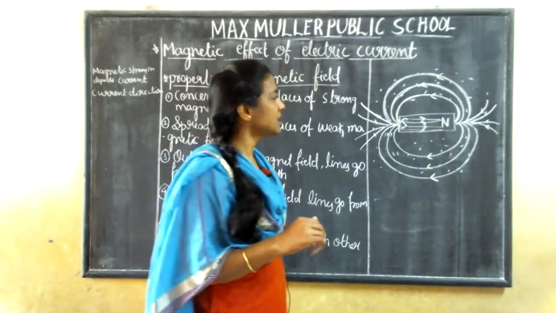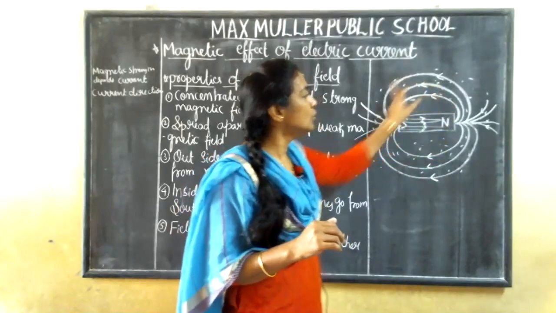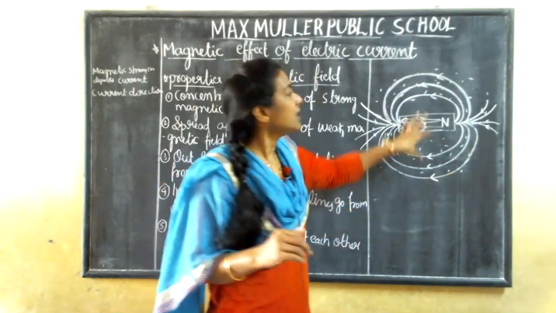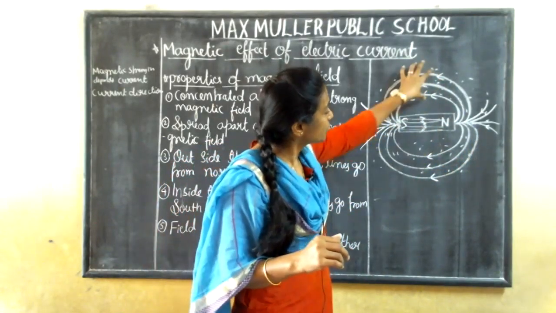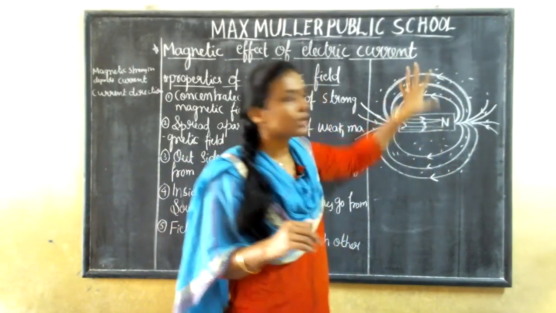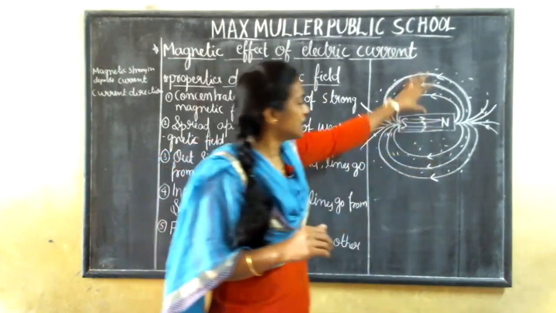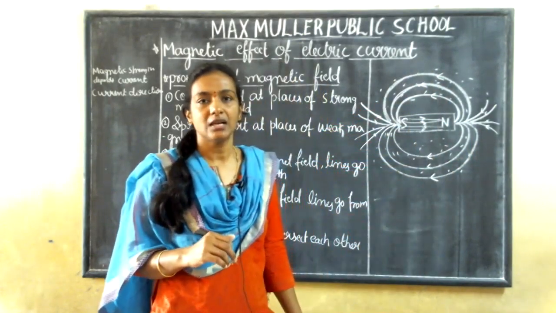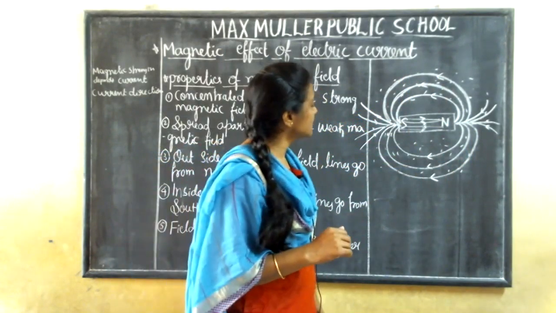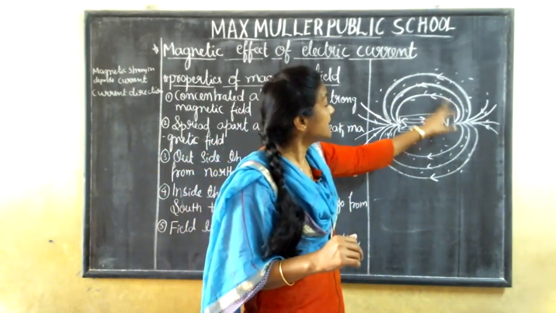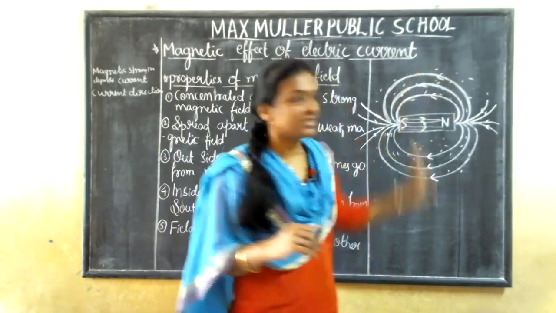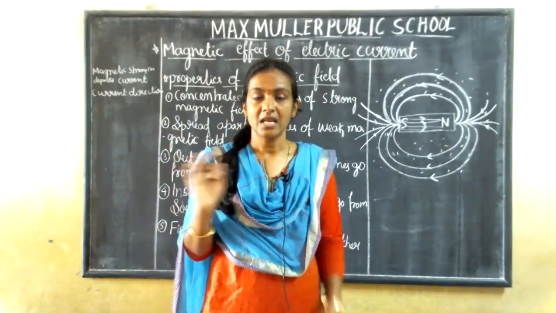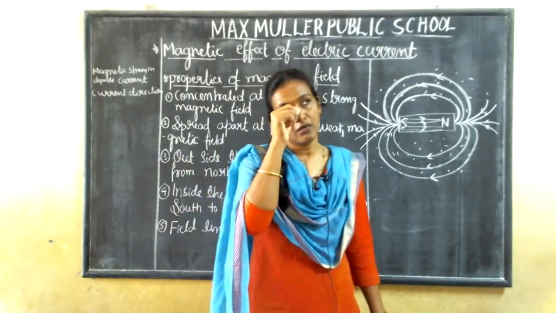And the fourth property is you can see them in a loop. And in these two places, at the middle portion of this one, you can see less magnetic strength. Here and here you can see the less magnetic field. And another property is what here? See, these lines do not intersect each other. These magnetic lines do not intersect each other. These are the very important five properties.